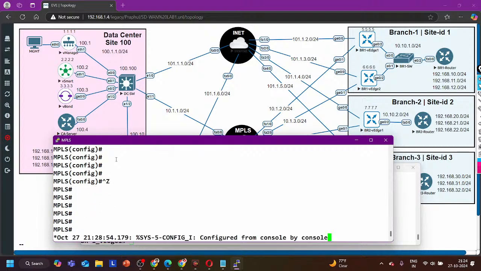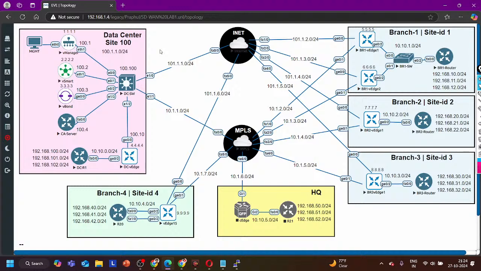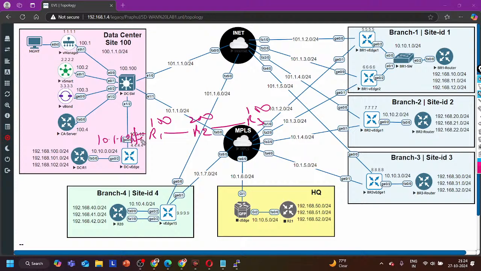Guys, before the next class, you will configure BGP in this scenario: R1, R2, R3. Here you will configure AS number 100, here also 100, and here you will configure 200, right? Then you can create one loopback here, 10.1.1.0/24, and check whether R3 is receiving this subnet or not. Simply you can perform this lab in GNS3. Unless you try these small things, because later